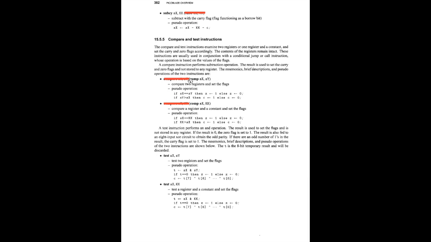Compare, please note that it's the COMP instruction. In essence, recall compare does a subtraction. It doesn't modify any of the registers, but the subtraction will then set the flags that you can then make your logical jump based upon. The test instructions,